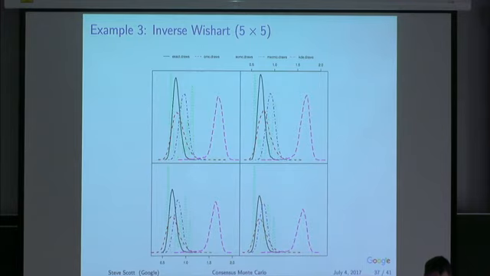When we bump the dimension up to 5 by 5, we see a sort of similar phenomenon. I'm showing you just four elements from this 5 by 5 matrix. Interestingly enough, the kernel density draws and the Dirichlet process mixture draws both seem to be doing a slightly better job of getting the shape of the distribution right. The consensus Monte Carlo draws seem to be centered in the right place. So averaging is getting the average right, whereas the other draws are getting other characteristics of the distribution. Right is the incorrect word to say here because it's not the right shape, but of all the shapes on the slide, it's the one that's closest.